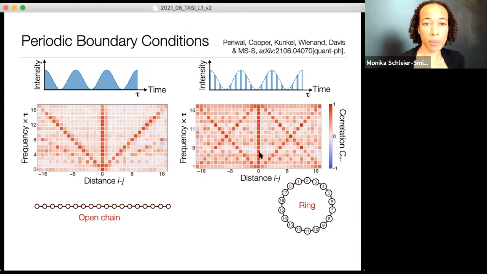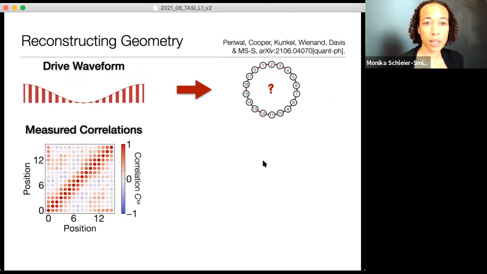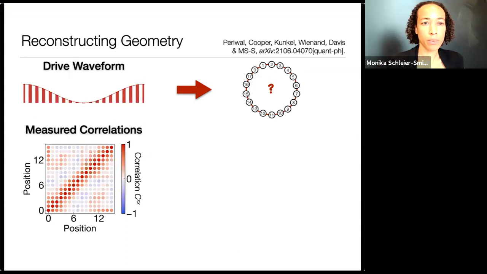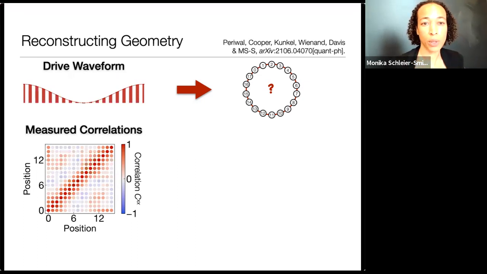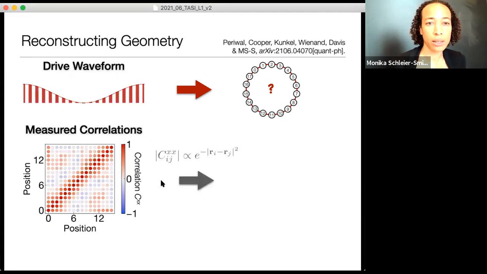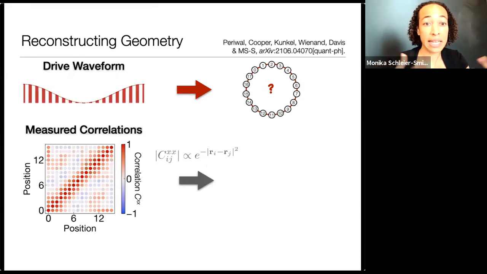I can try and argue that from these correlations, but my students said, I wonder whether we can directly reconstruct the geometry of the interaction graph from the measured spin correlations. So here's an experiment where, again, we drive with nearest neighbor interactions, but we play this trick that gives us periodic boundary conditions. And then from the measured correlations, we said, let's adopt some ansatz for these correlations decaying with distance. Turns out that in our system, a natural ansatz is that the decay is a Gaussian. But the idea is, let's say they decay with distance in some effective geometry, which we would like to identify.